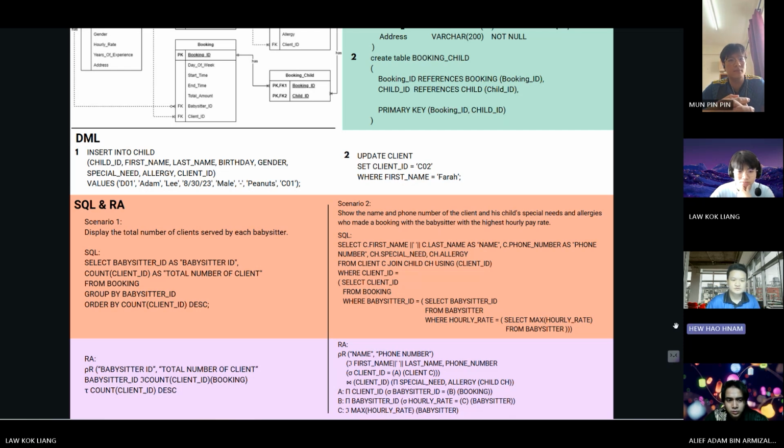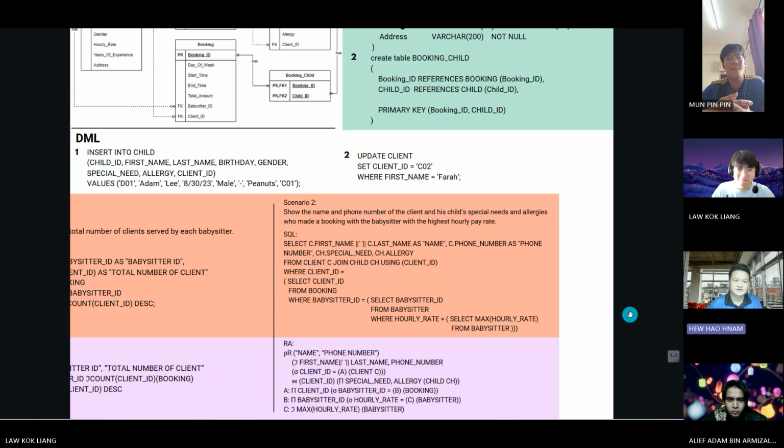So for scenario 2, show the name and phone number of the clients and their child's special needs and allergies, who made a booking with the babysitter with the highest hourly pay rate. For this, we use both join statements and subqueries. So first of all, we select first name and combine it with a space and then the last name, and we name it as name. After that, we will